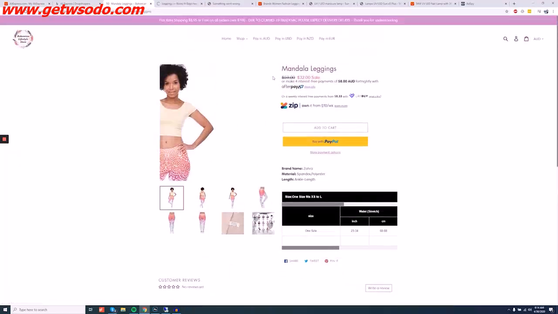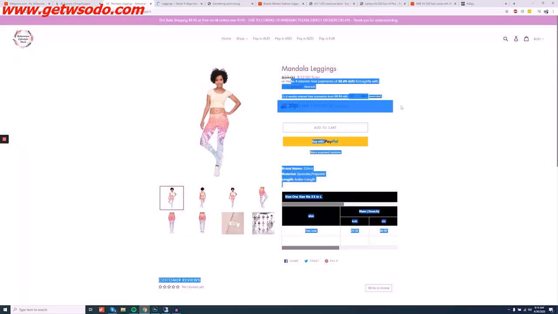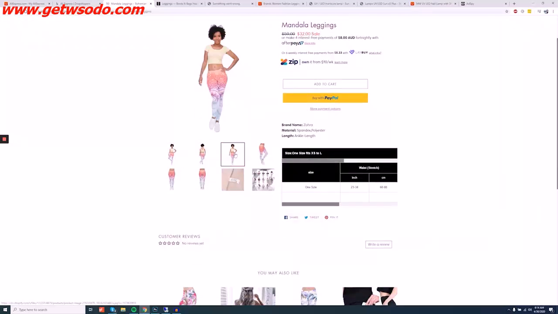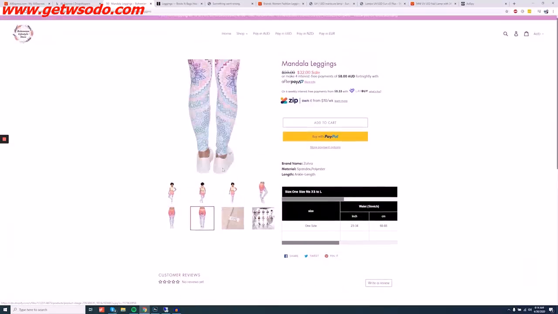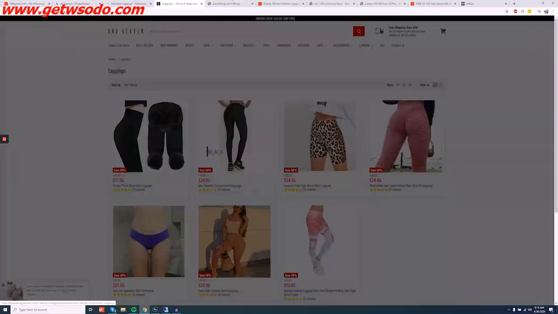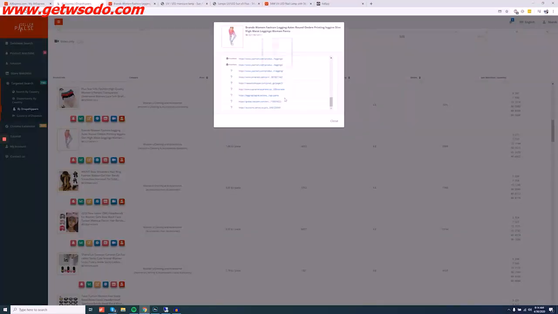Okay, now we're talking. This one's looking a lot better over here. Mandala leggings. Okay. They're missing a description, but I do like the product imagery here. And this one is looking okay. This one is offline. So in the case of these leggings here, if I wanted to sell these leggings, what